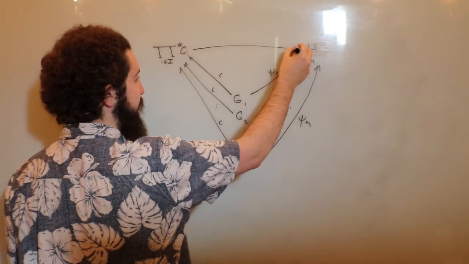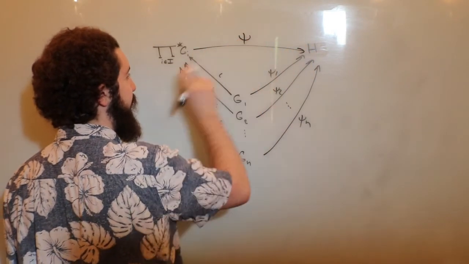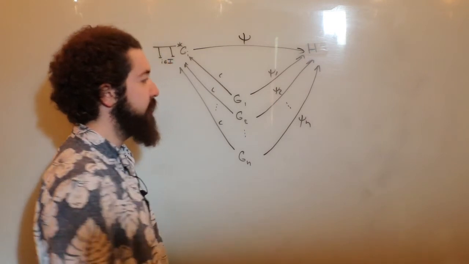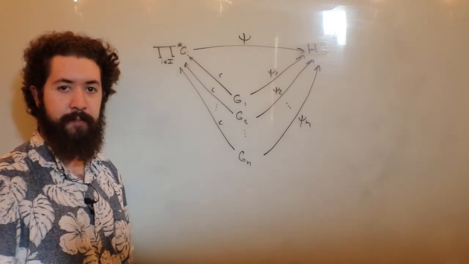And the question is, does this induce a homomorphism psi from the free product to the group H? And of course, the answer is going to be yes. I'm not going to prove this one, I'm just going to state it. It's pretty plausible. But of note is that if there's only one such map, then what we would expect is,